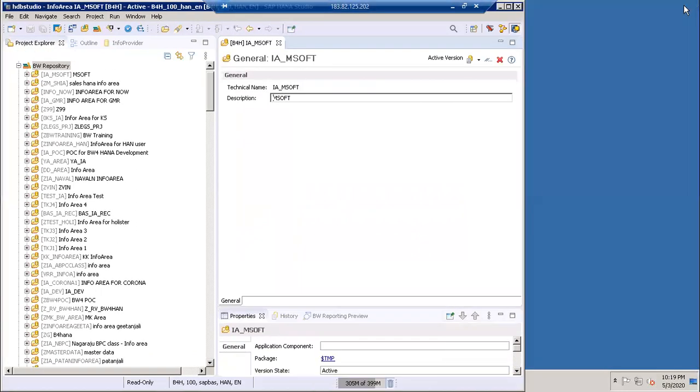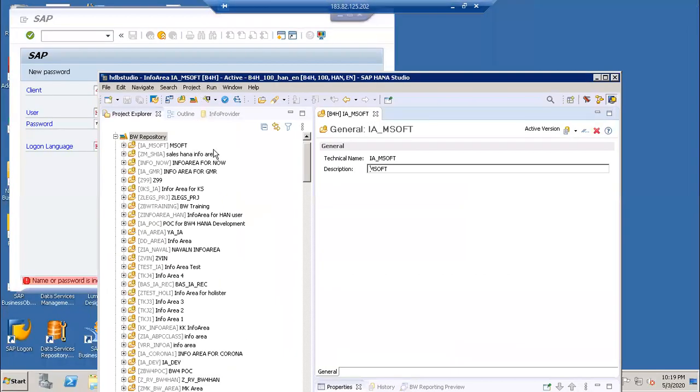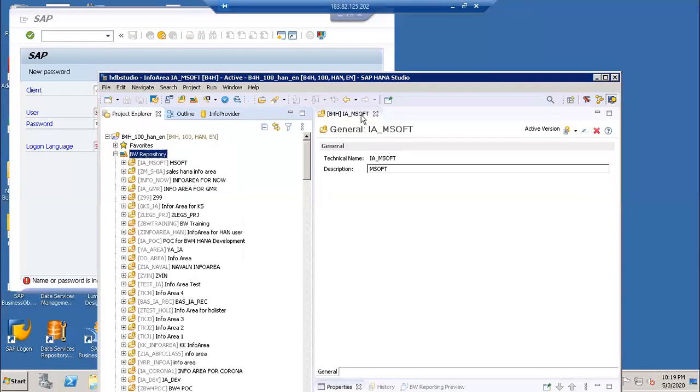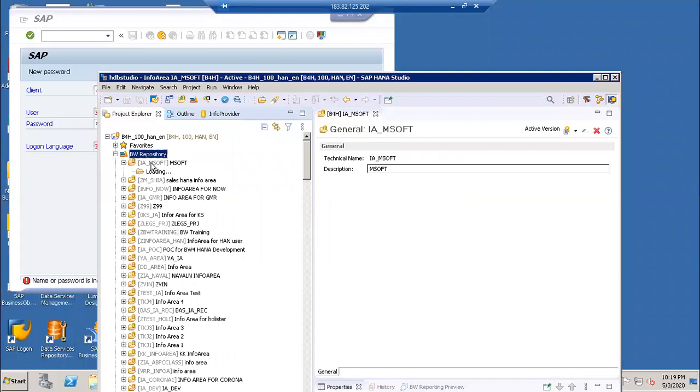Now my info area is ready. I will refresh it. Fine, so my info area is ready.